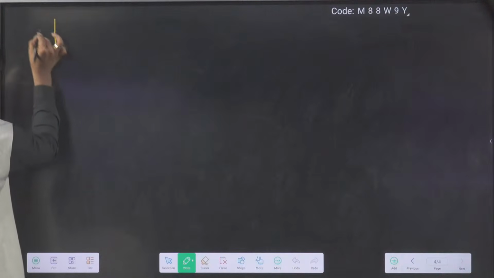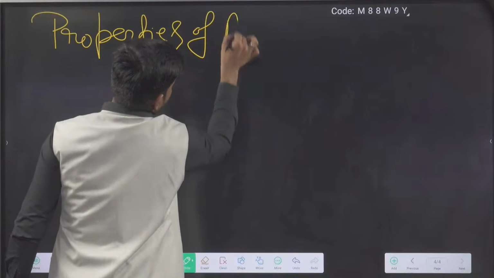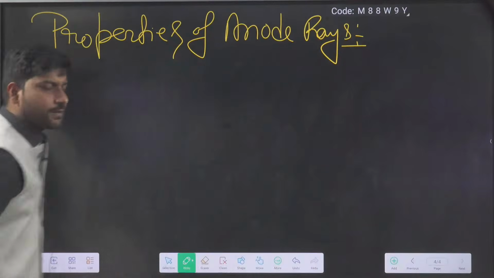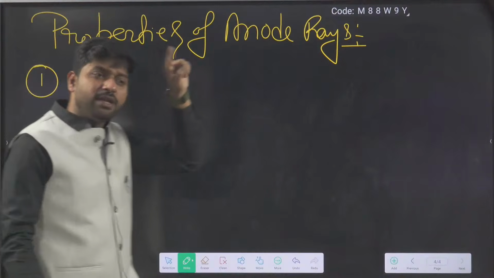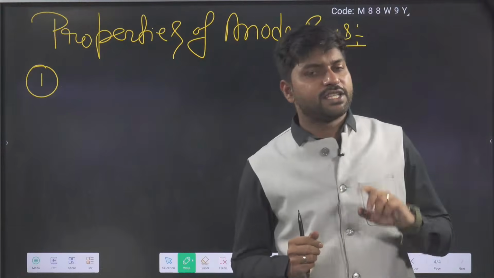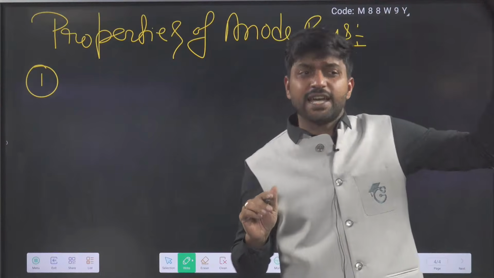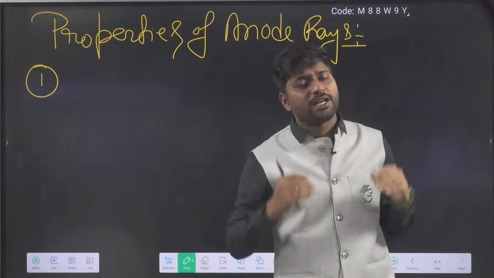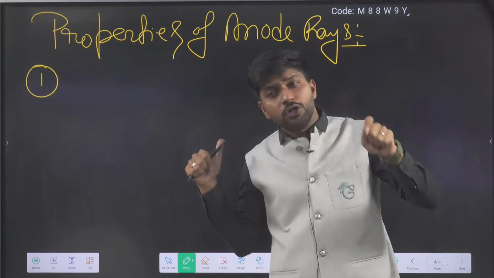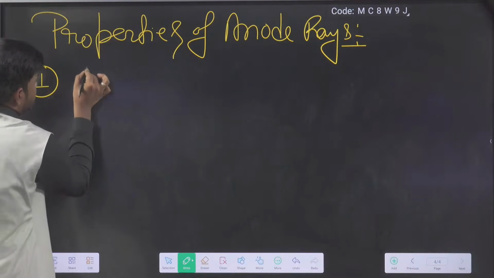Very simple properties are there. We will discuss them one by one. Properties of anode rays. Now I will also do a comparison with cathode rays. As per cathode rays, cathode rays move in a straight path and are able to make a shadow. Similarly, anode rays also have the ability to make a shadow. So first property, similar to